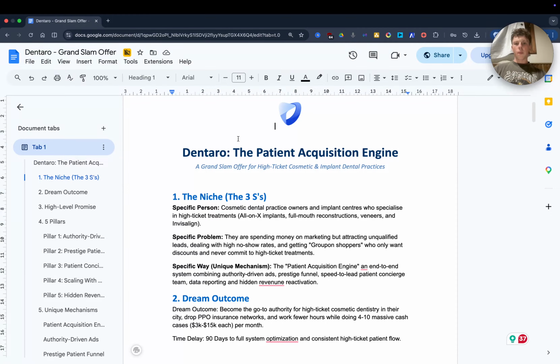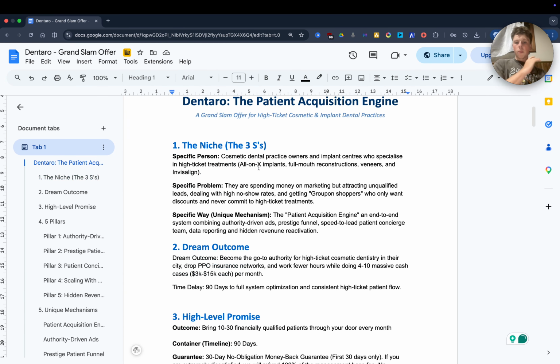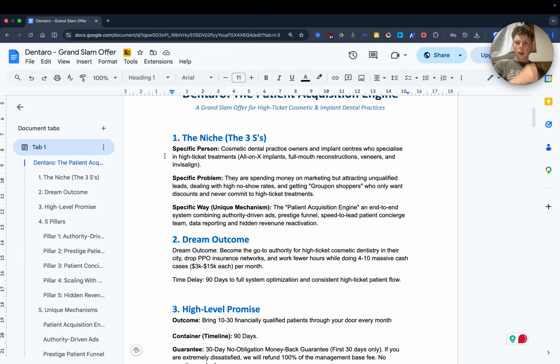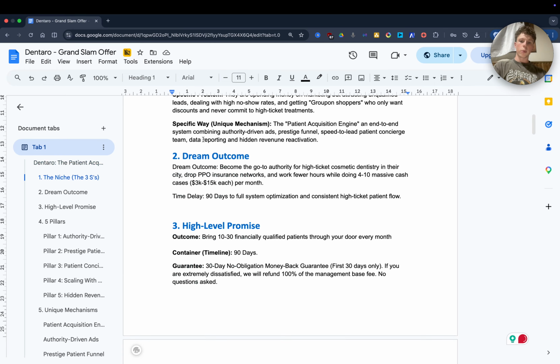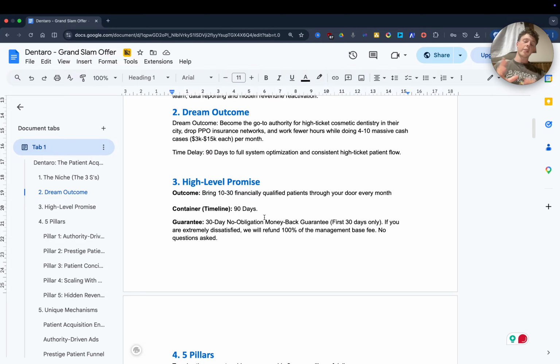One thing I really took away from the book is having good names. The last chapter is about naming, and I realized my name was the Practice Partner Program. It didn't sound bad, but it wasn't good, and it wasn't playing on what they wanted. So I changed the name to the Patient Acquisition Engine, which I think is more attractive. And I went through and broke down my niche. This sheet breaks down my niche, their dream outcome, and my high level